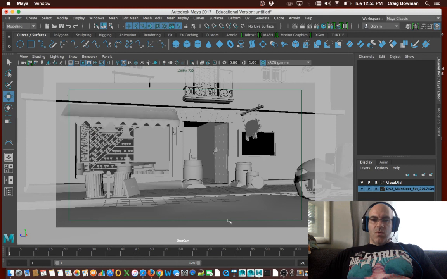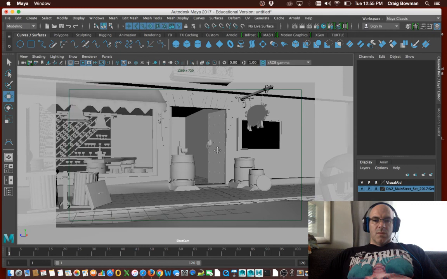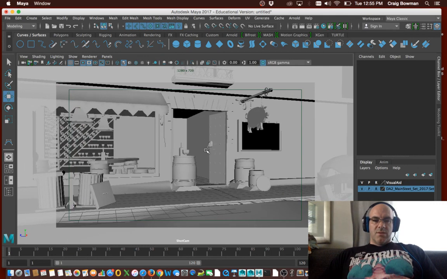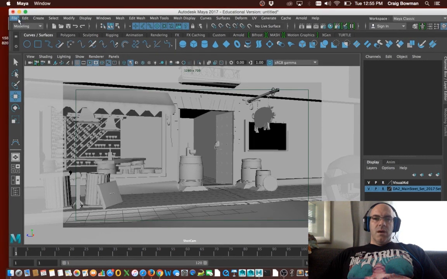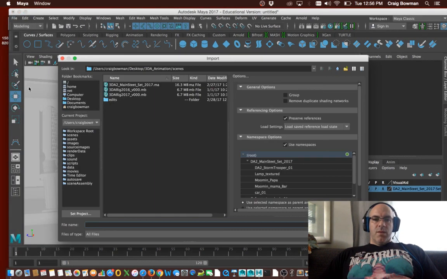Why? Because you don't want to select anything in your set, unless you're going to actually animate something like one of these glasses or the sign swinging, some effect of that nature. Okay, so once that is in place, then we can import our character. Now, when we import the character rig, that